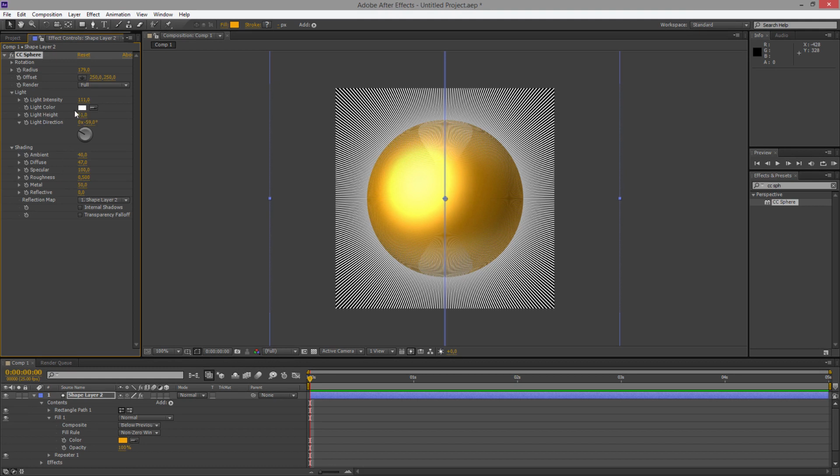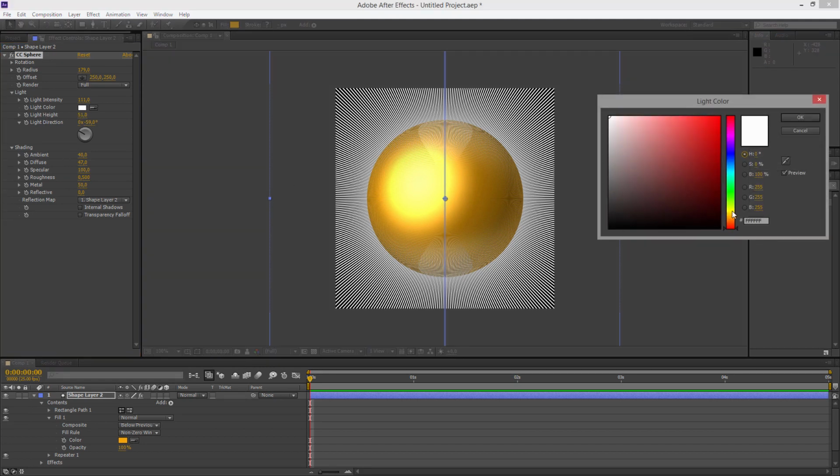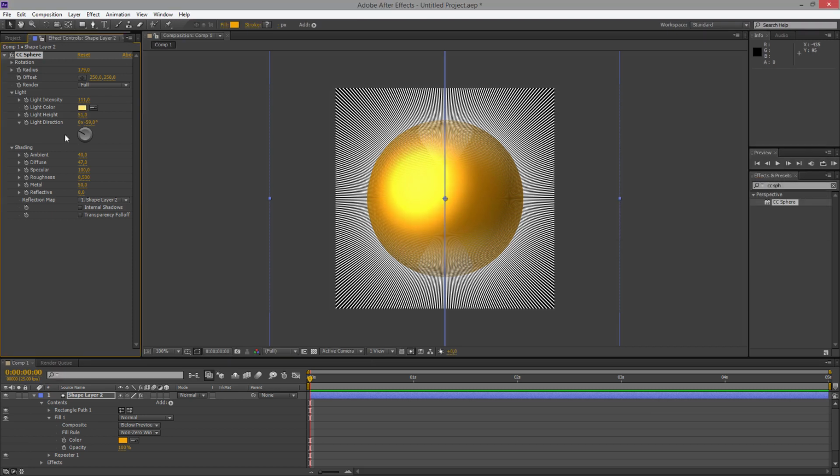And you can also change the light color, make it maybe yellow or whatever you want, but I will make it something like that, okay. And adjust again now. Just play with these values, get the look that you want. I'm not going to waste so much time, but it's important to play with these settings to get the look you want. But here it's okay. We will just move the light like that. It's okay.